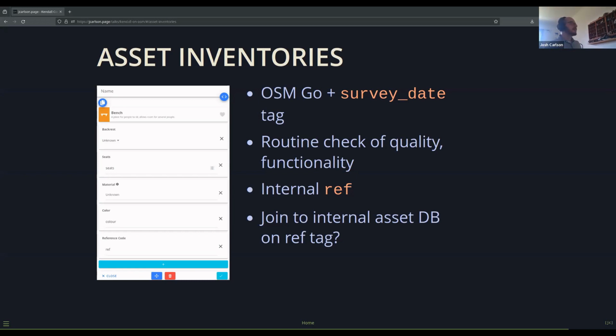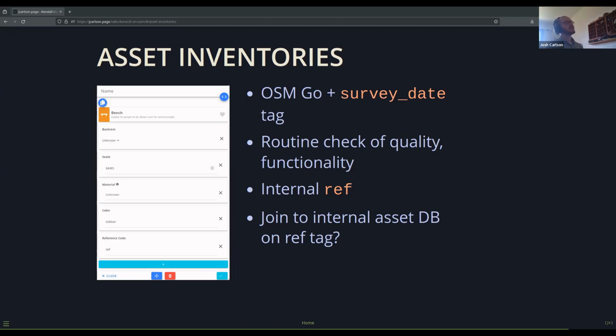Or maybe they don't really care about keeping a historic database of maintenance and inspection logs, because it's just benches. I don't know. But if you just wanted to track what's here, what's its condition, and what are its qualities, you could do it in OpenStreetMap.